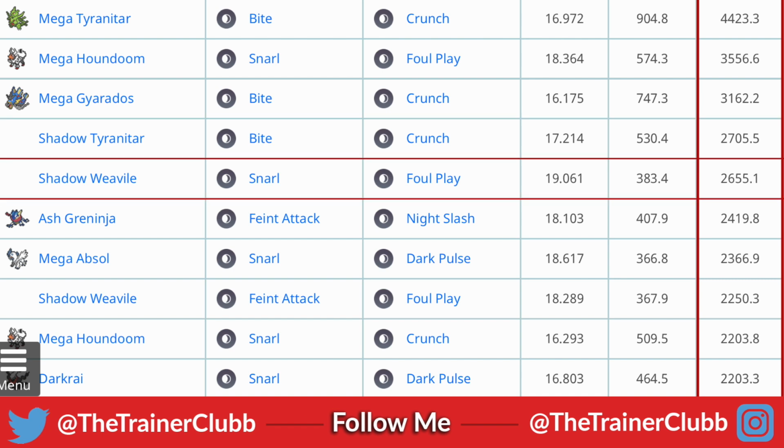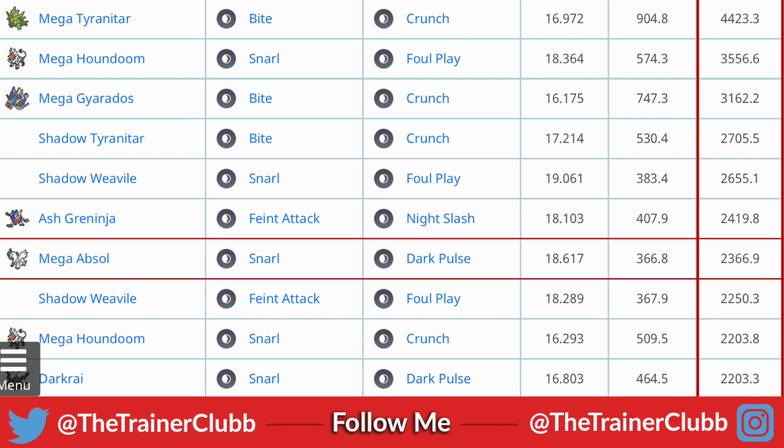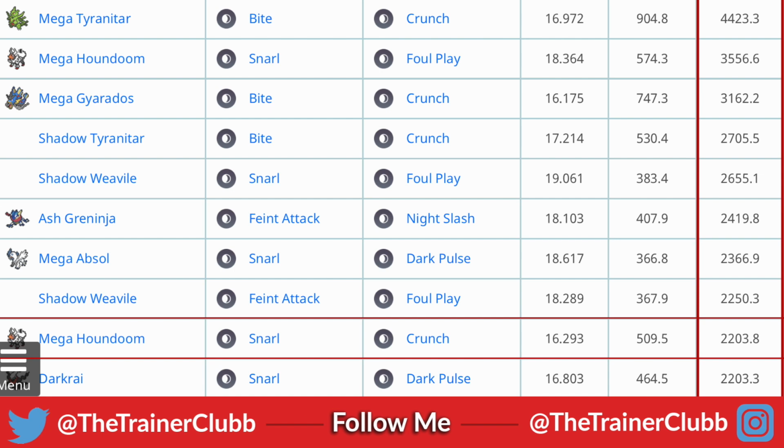Then we have Shadow Weavile, Snarl, and Foul Play, 2655. That Pokemon is a little bit glassy. Then we have the Ash Greninja with Feint Attack and Night Slash combination. That Pokemon is not out yet, 2419. Mega Absol's there, Shadow Weavile, Mega Houndoom again, Darkrai populating the 10th spot with Dark Pulse and Snarl combination